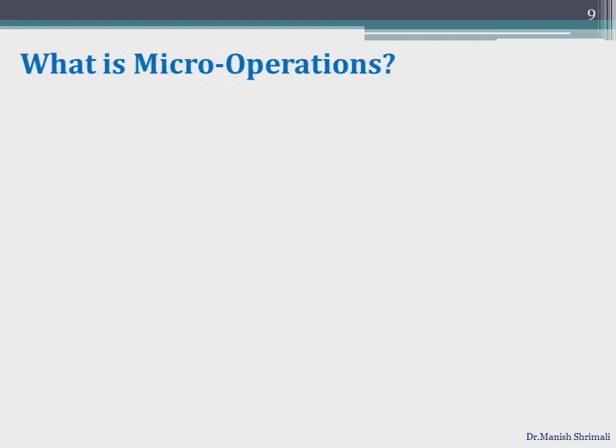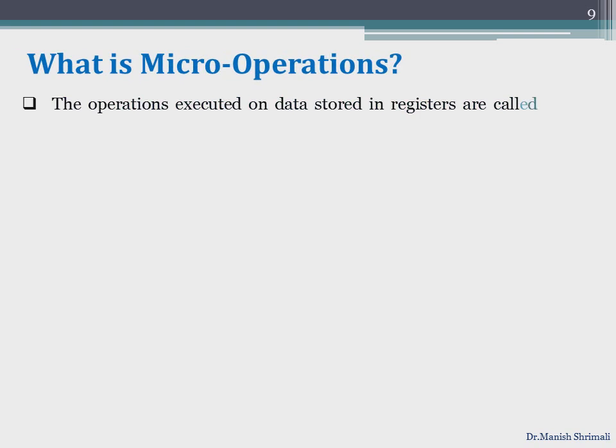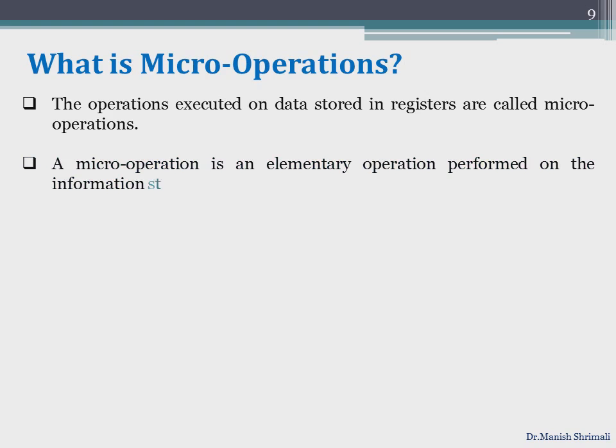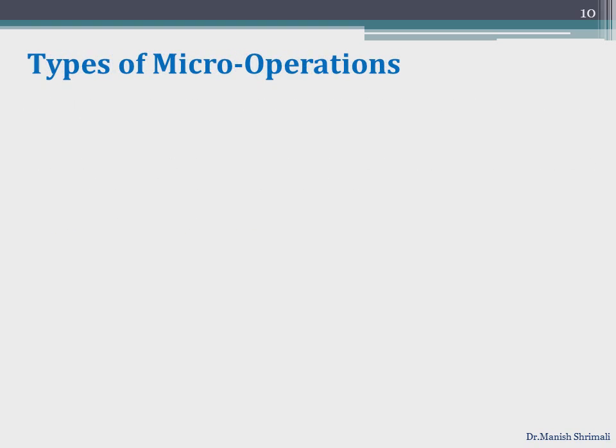Now, what are micro operations? The operations executed on data stored in registers are called micro operations, and a micro operation is an elementary operation performed on the information that is stored in one or more registers. We have shift, count, load, etc. Now the various types of micro operations are: